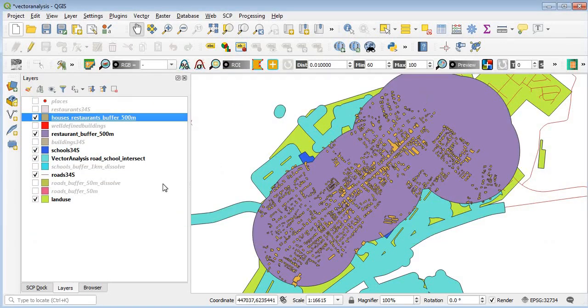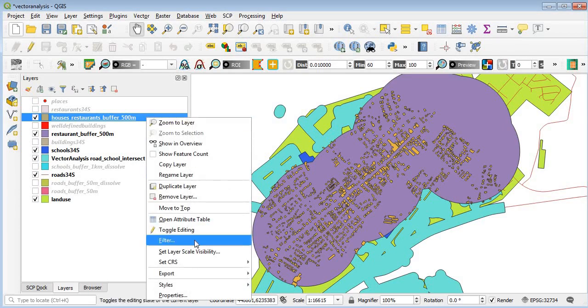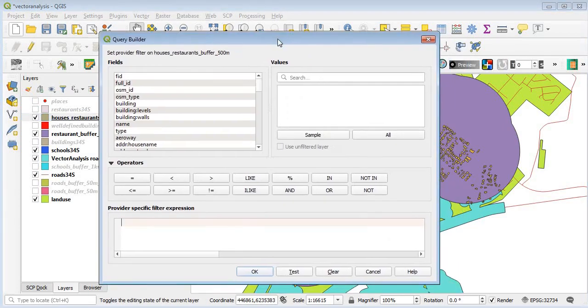And so the next thing we want to do is right click on the houses, restaurant buffer 500 meters and click on the filter. And so we have our query builder. So we want to set the provider filter on this houses, restaurant buffer 500 meter layer, to have areas that are greater than or equal to 100 meters. Double click on the area and select this operator greater than or equal to, and so you can click on